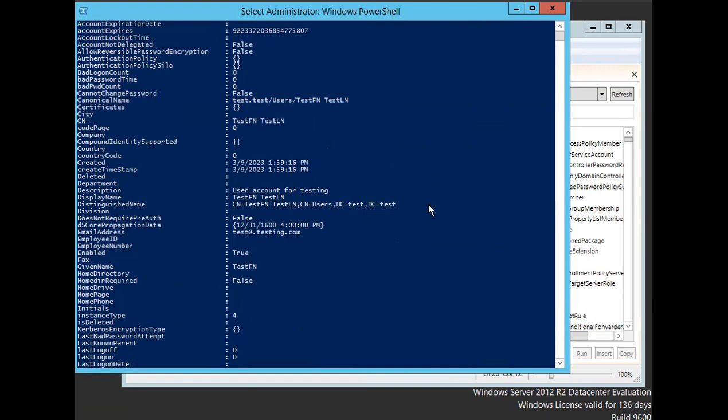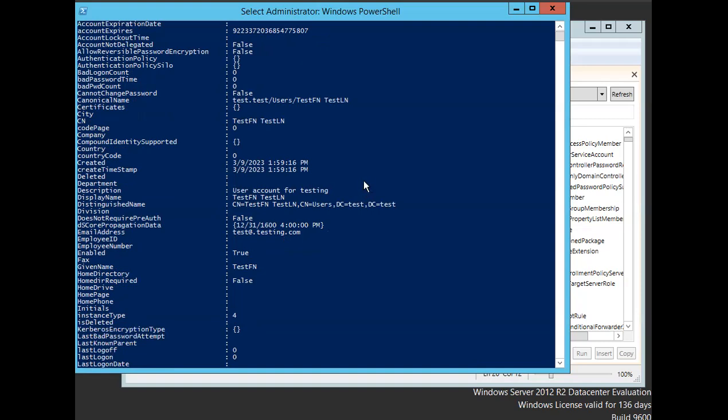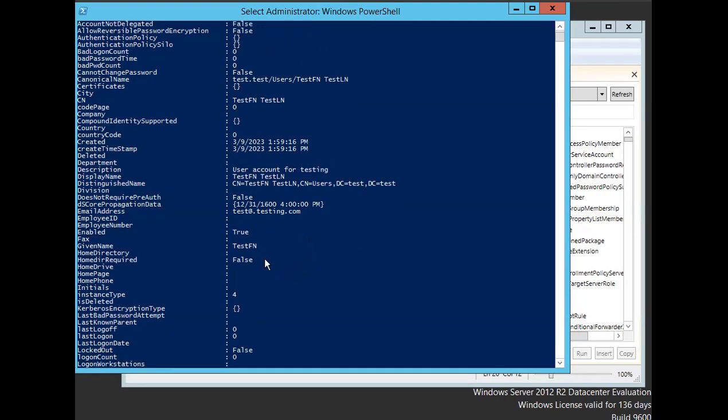So some of the things that we want to look at, obviously you need a username. You're going to want first name, last name, probably a display name. If you want to enter in things like email address and office phone and things like that, you